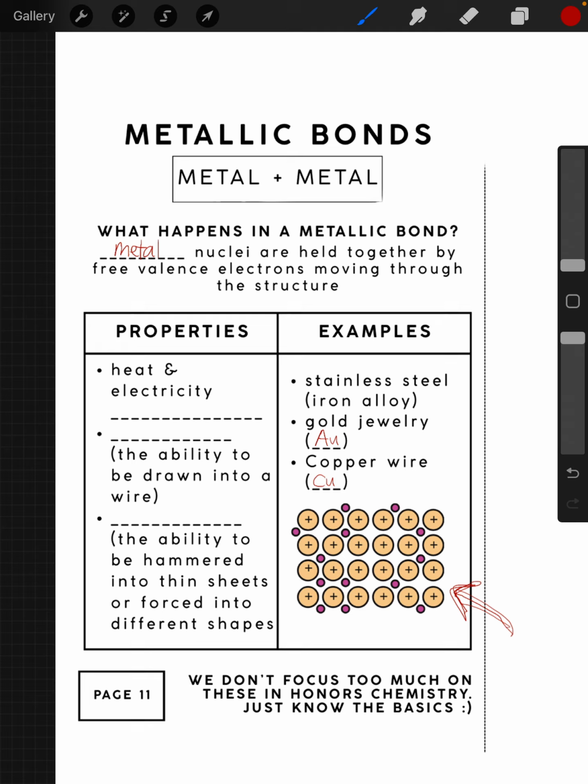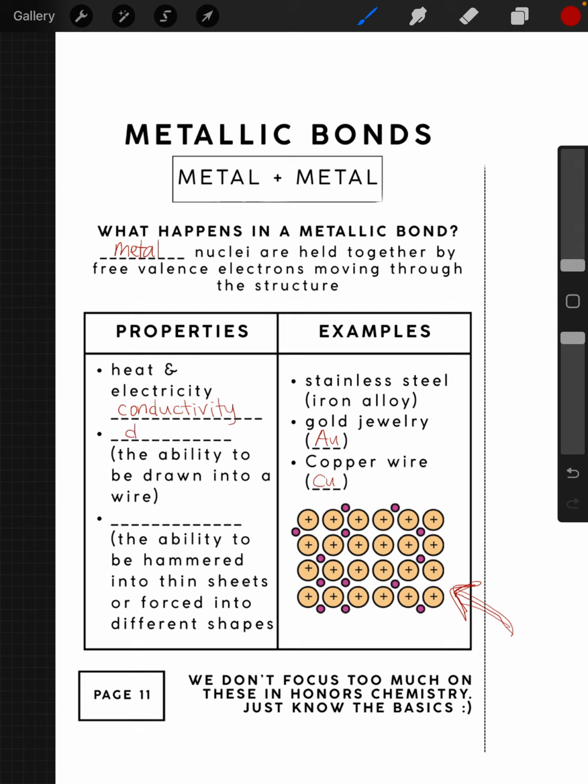when we're talking about this. Some properties of metallic bonds is that they are really good at conducting heat and electricity. I mean, if you think about it, when we cook food on the stove, we usually use a metal based pan because they can conduct and keep that heat more easily than other types of compounds. Additionally,